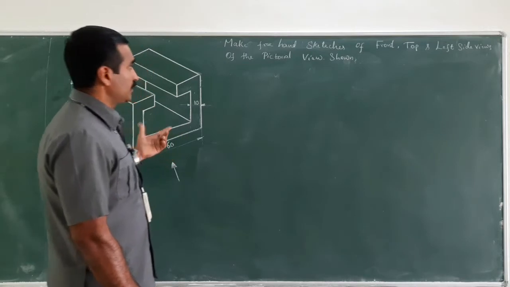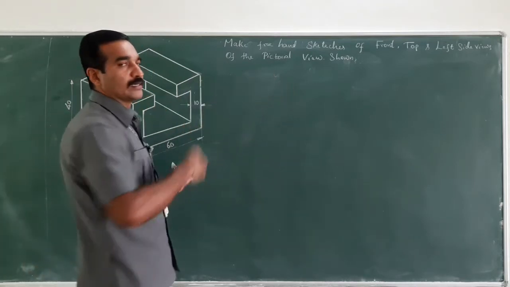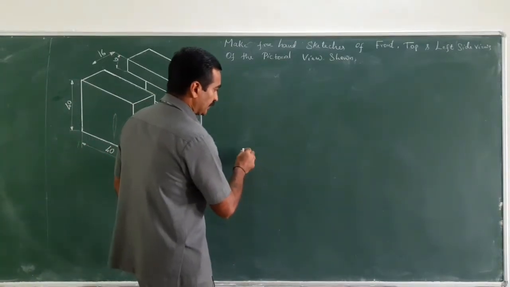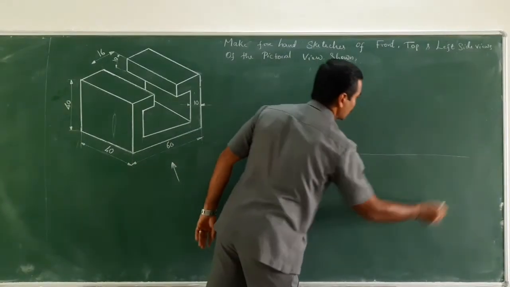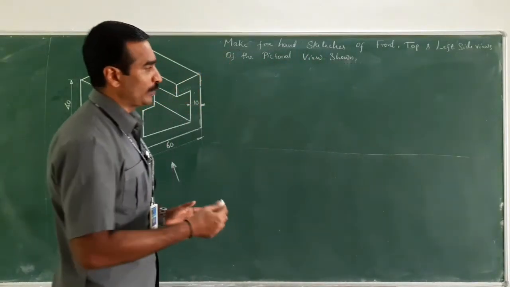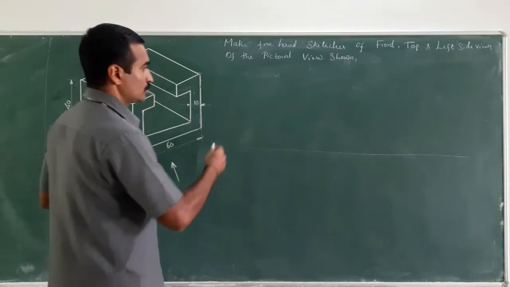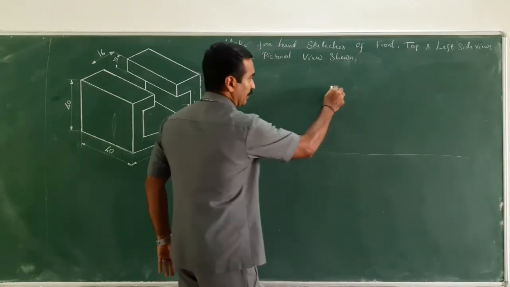So, here left side view, therefore, the left side view should be drawn in the right side of the front view. Let me just bifurcate, that means split the board equally, so that where the front view, top view and side view is going to come. Since it is left side view, so I need to draw the view in the right hand side of the front view.